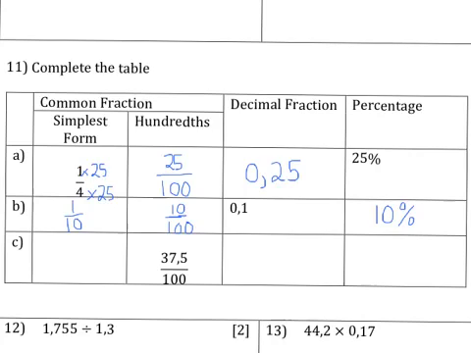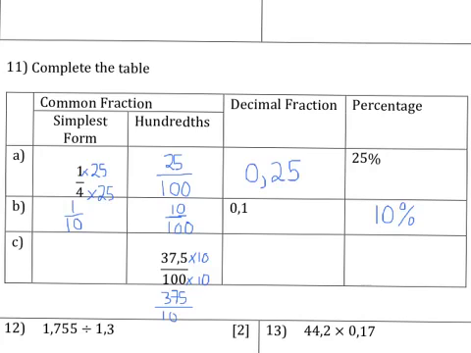So we've been given 37.5 over 100. Now it's always tricky to work with a fraction that's got a decimal in the numerator. So we've got a technique that we can use to move a comma in, we can basically shift a decimal place by multiplying it by a certain amount. So to shift the decimal, we just actually need to times it by 10. But then we've got to remember the principle that what you do to the top, you have to do to the bottom. So 37.5 over 100 is the same thing as